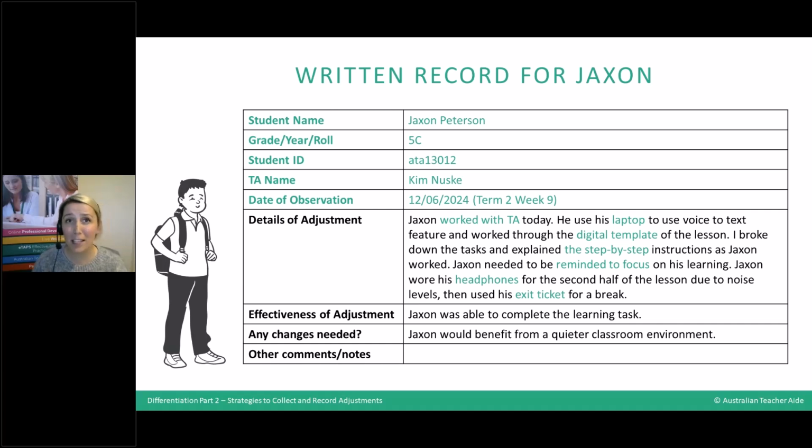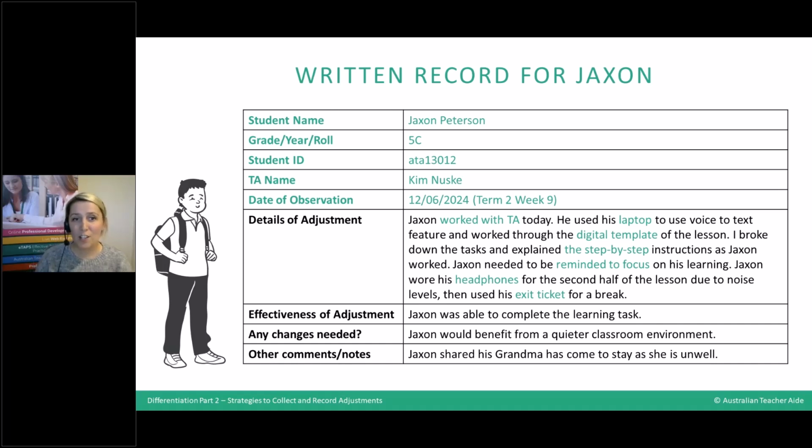And maybe it was a relief teacher in there for the day. You know all the reasons why kids' noise levels go up, mostly because they're just kids. So having a quiet classroom environment could be something I talk to the teacher about, but I'm just going to make a note of it in my record that he was quite distracted because of the noise. And then I'm going to share with you something that you might make a note of.